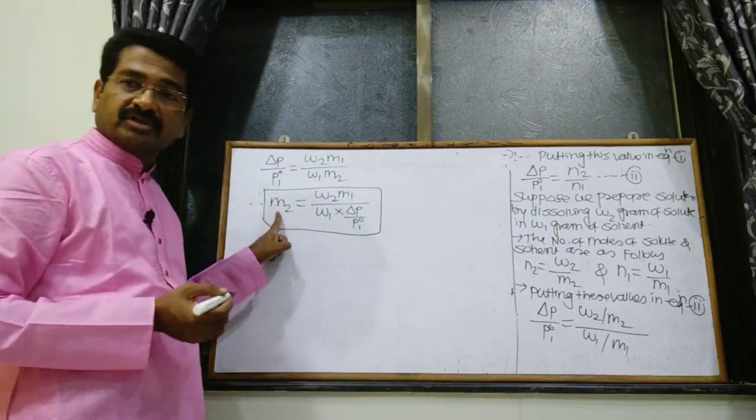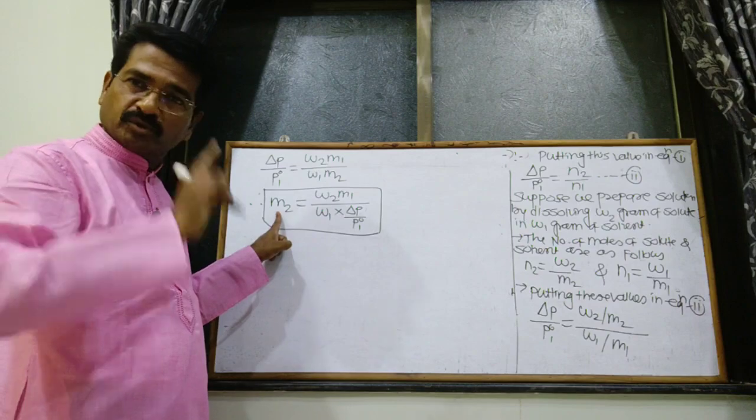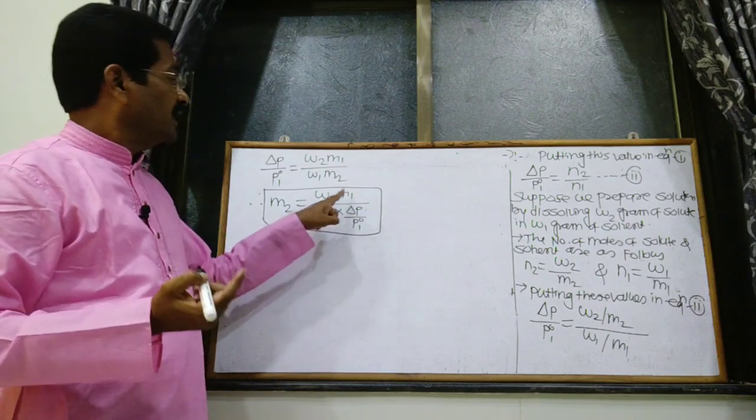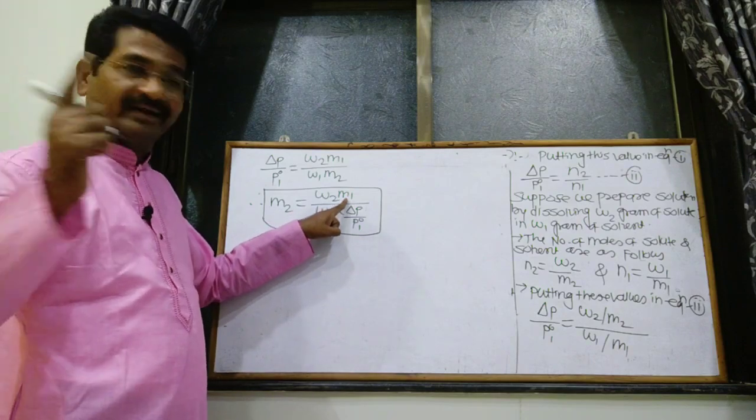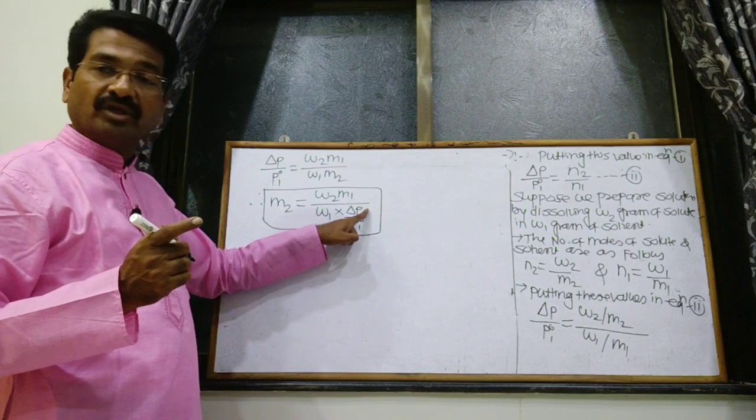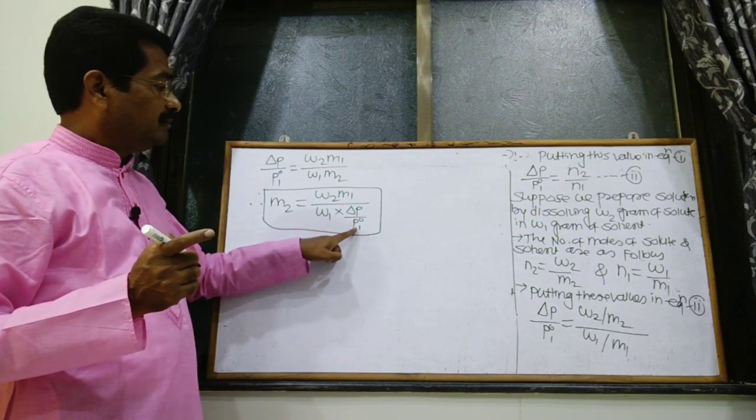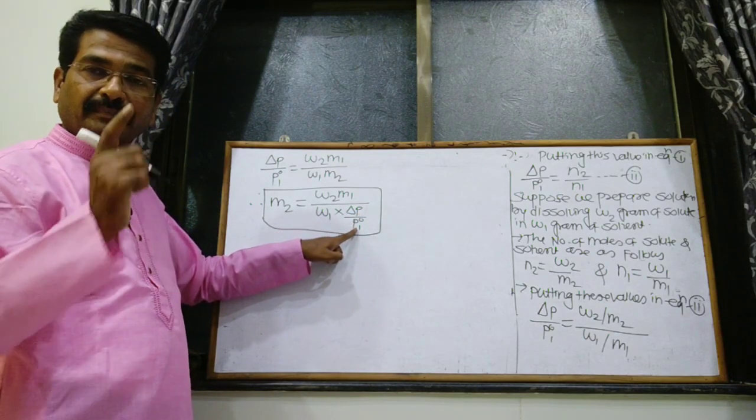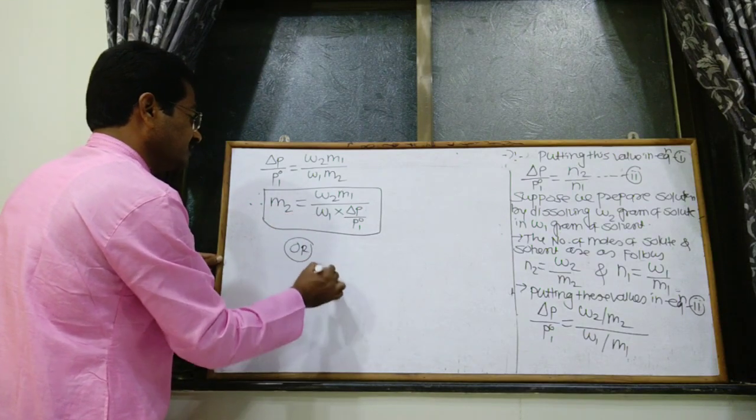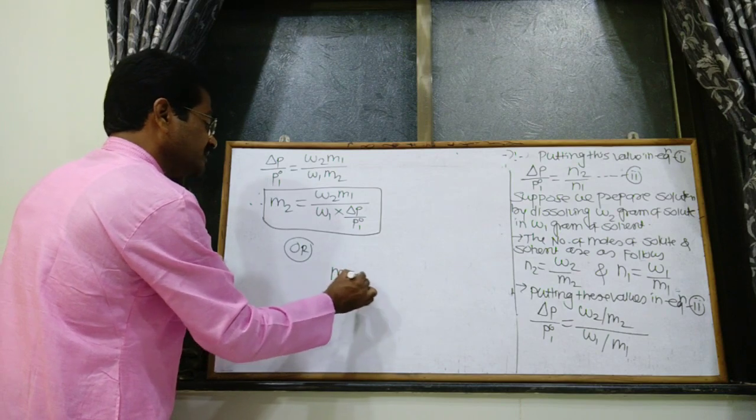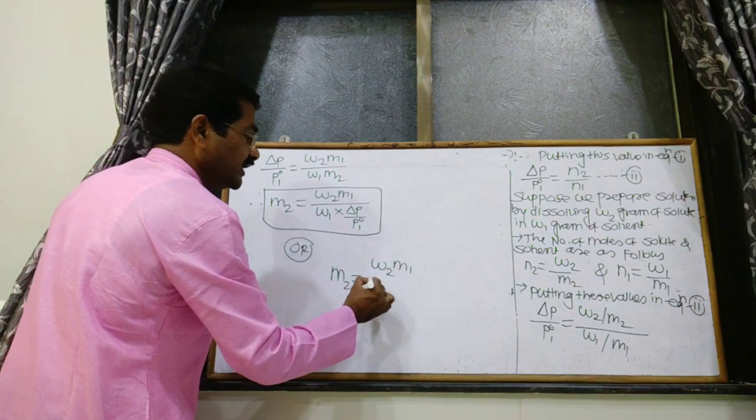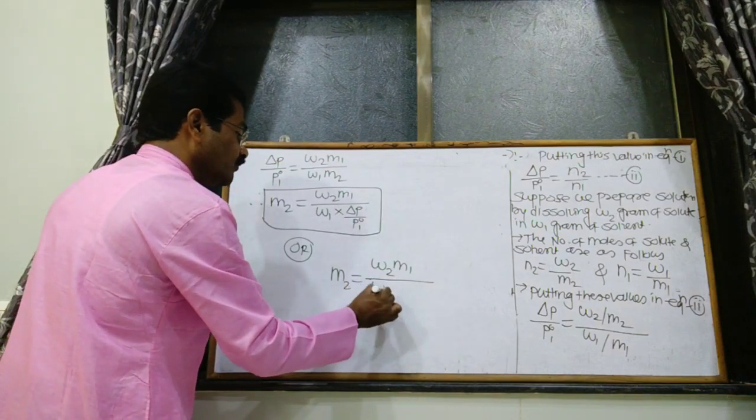M2 is the molar mass of solute, W2 is the weight of solute, M1 is the molar mass of solvent, W1 is the weight of solvent, delta P is the lowering of vapor pressure, and P01 is the vapor pressure of solvent. This formula can also be written as M2 is equal to W2 M1 divided by W1 into